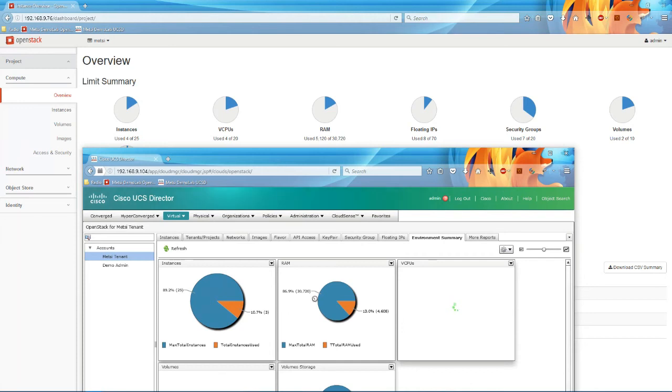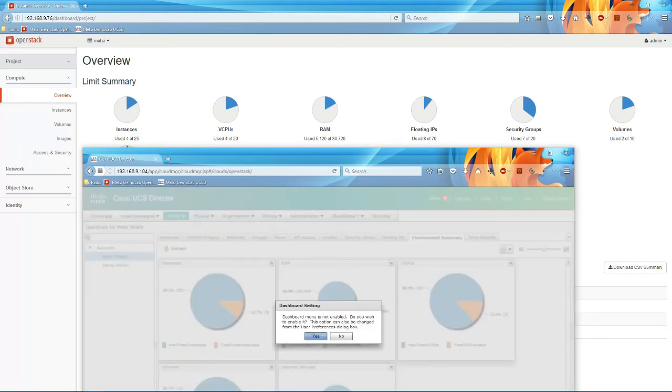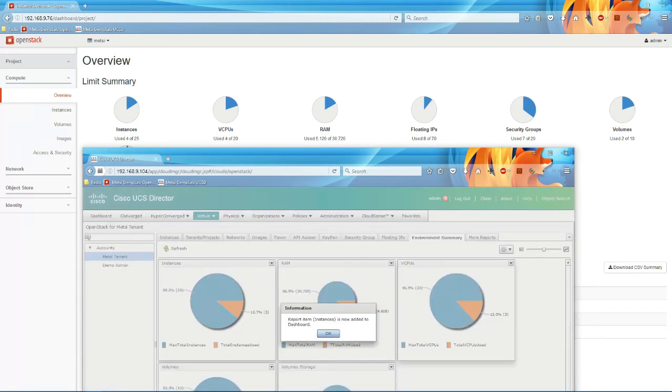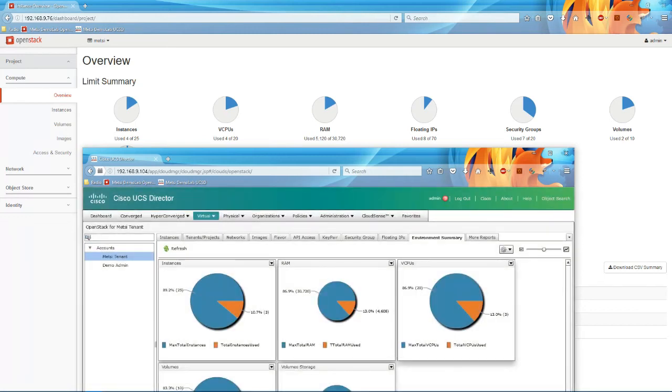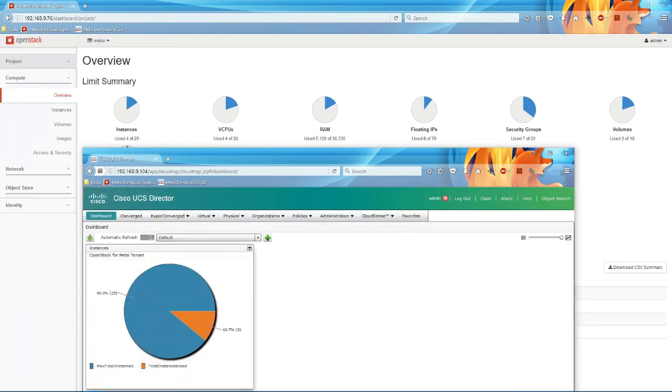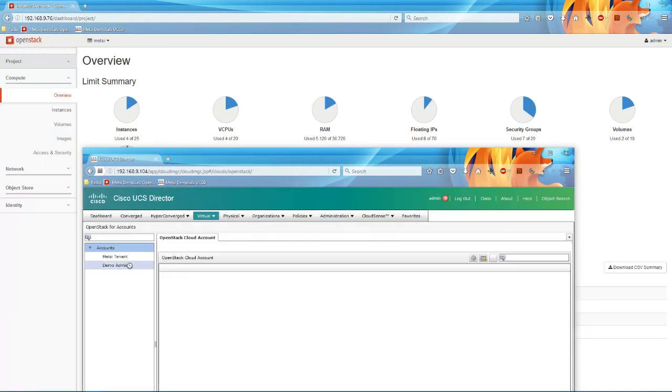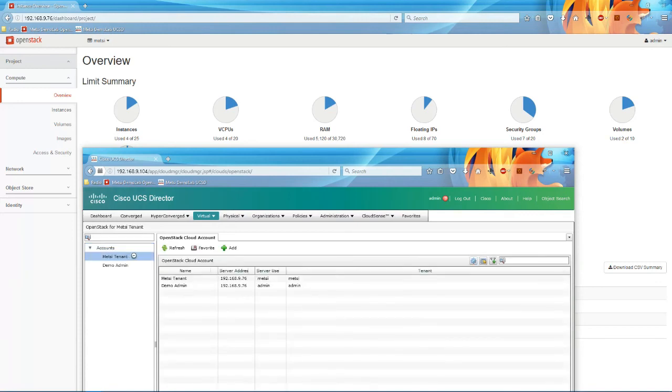You can see we've now got 3 left, whereas we had 4 before. Going to add this graph to the dashboard within UCS Director, so we'll just go over there and just to prove that we've got that capability. So that looks nice, and we'll just go back to OpenStack Metsi project